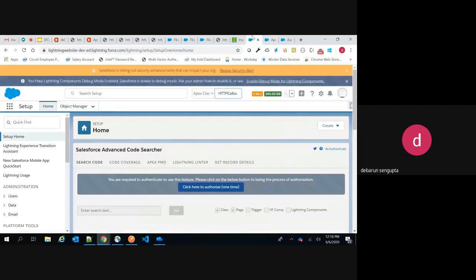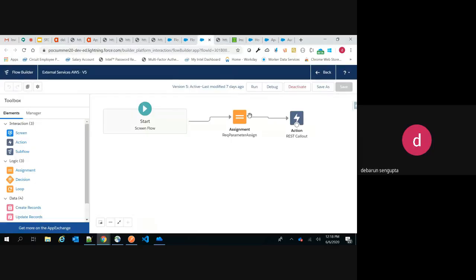So basically, you have told that in the external service we can use the API key by getting... No, not the API key. If your endpoint uses an API key, then you can store that API key in a custom object or in custom settings, and use the get record element here to query and fetch that API key before doing the callout. What if the external service is using OAuth2? How can we do it?